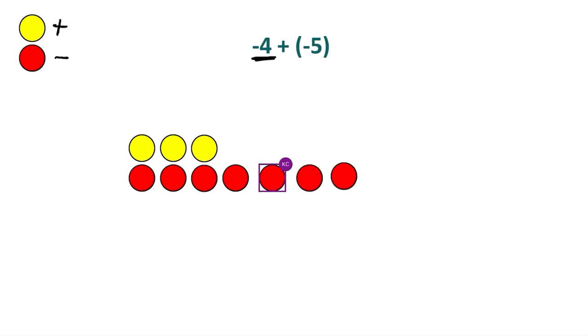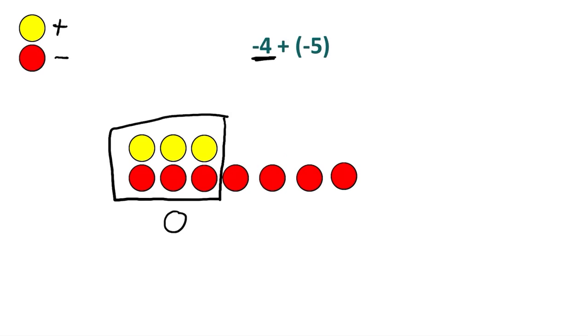Okay, that is our starting point. We started at 0. Remember, they all represent 0. We started from 0, and then we moved in the, well, we will do this on the number line and then you will see the movement, but we moved in the negative direction 4 times. Can you see that? All right.